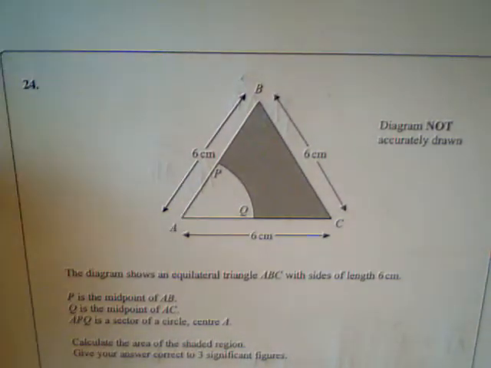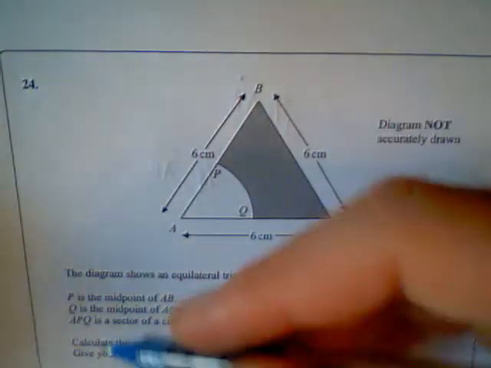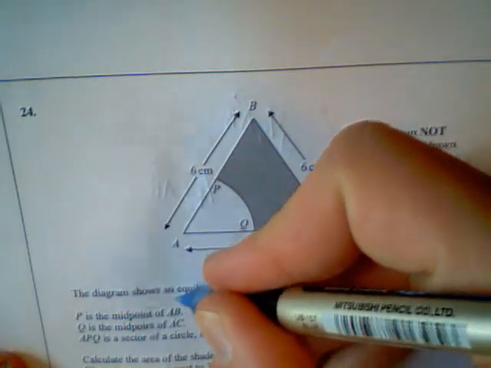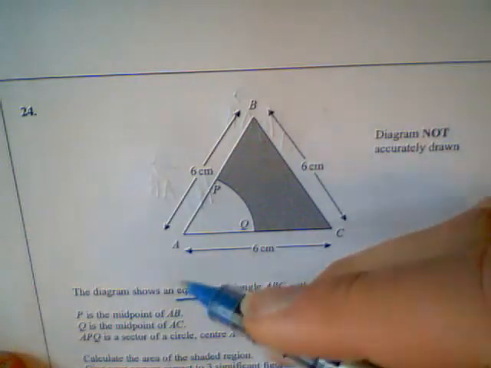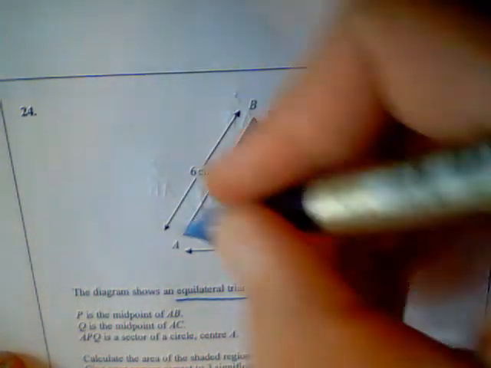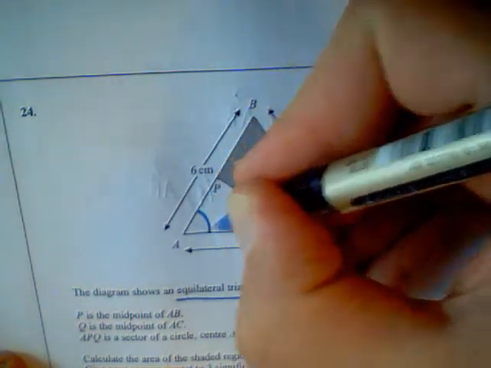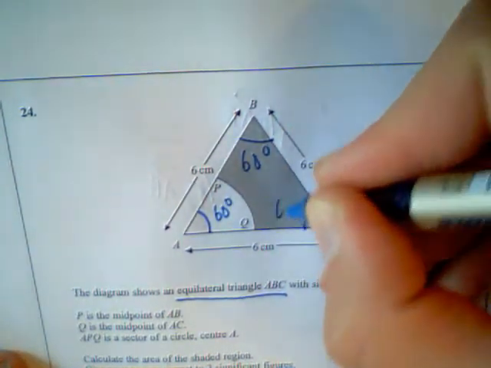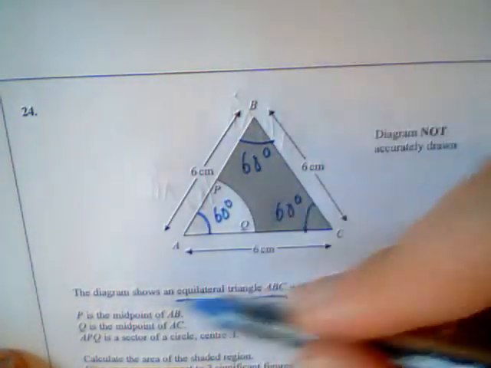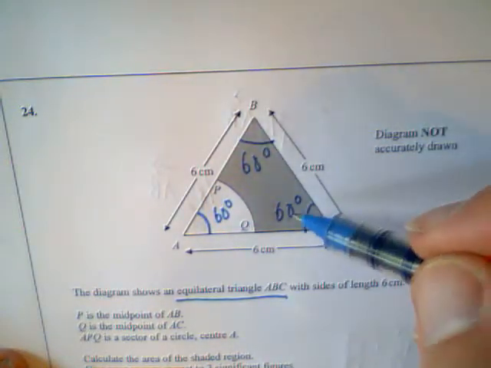Question 24. The diagram shows an equilateral triangle. We should now pause and think, what do we know about an equilateral triangle? All the lengths are the same, but more importantly, the angles are also the same. So this is going to be 60 degrees, this is going to be 60 degrees, and this is going to be 60 degrees, because the angles in an equilateral triangle are all 60 degrees and they have to add up